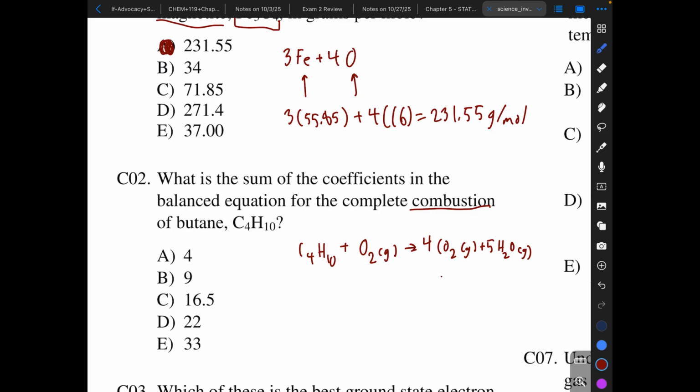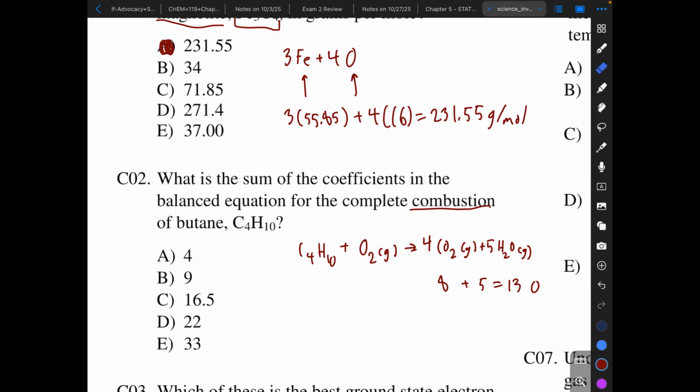If we add up all the oxygen on the right side, CO2 has 2 oxygen per molecule. So if you have 4 moles of CO2, we would have 8 oxygen. And in H2O, if we have 5 H2O, we would have 5 oxygen. So that would be 13 oxygen in total. And we want to multiply O2 by a number such that you would get 13 oxygen. The thing is, we obviously can't multiply 2 by any number to get 13 because you can't multiply 2 to get an odd number. But what we can do